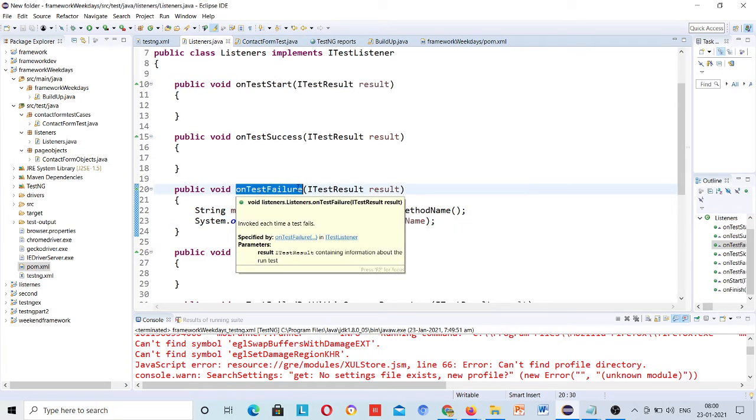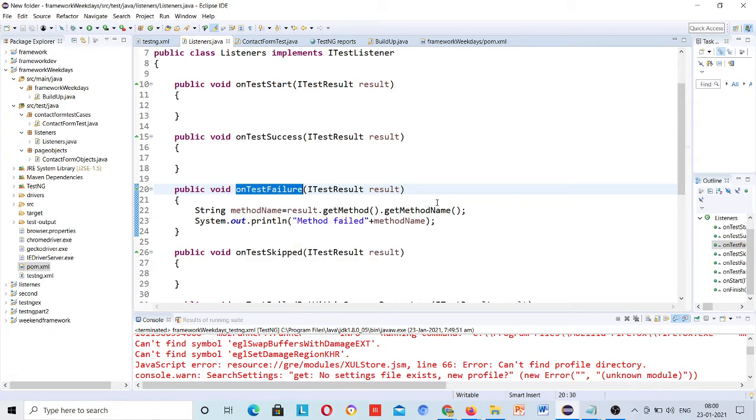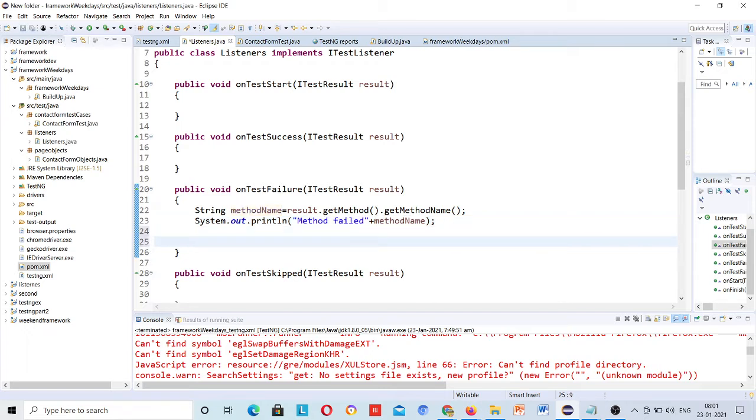Once I come to this onTestFailure method, it gets the name of the method which failed. Now what I need to do is call that particular screenshot method to take the screenshot.